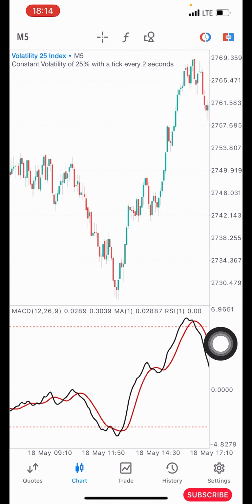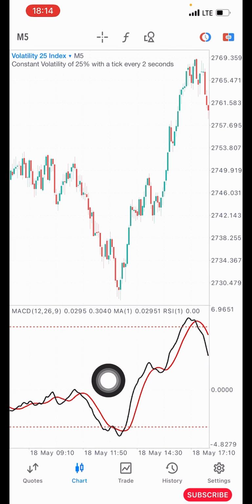All right, now here on the 5-minute time frame, you see that this black and red indicator is at the oversold level, all right, meaning that price has gotten to an oversold level, and any moment from then you are expecting price to reverse to the upside, right? Now this is what you want to be taking advantage of. All right, so once you have seen that this is at the oversold level, right,